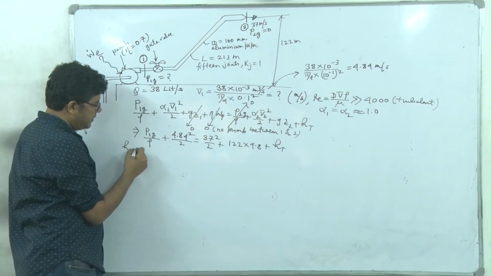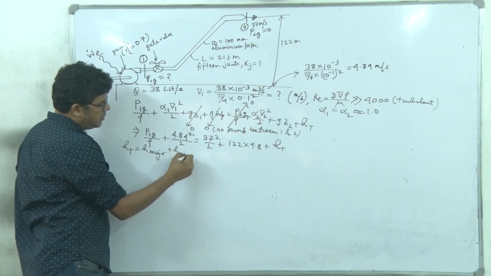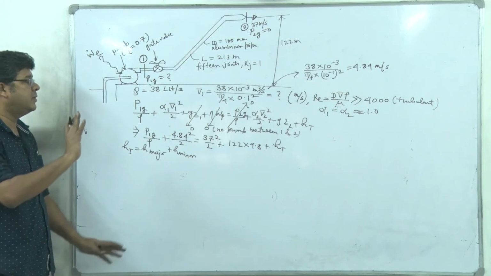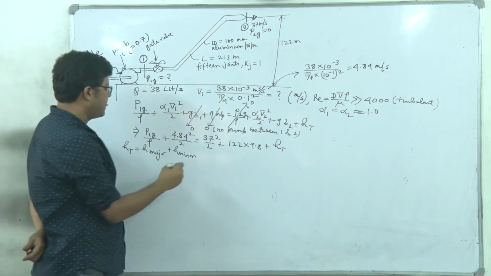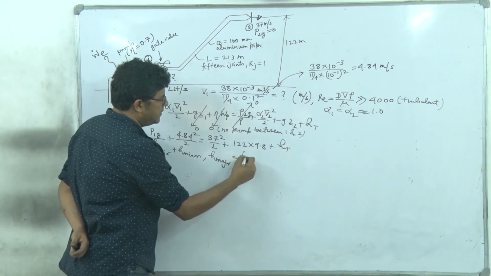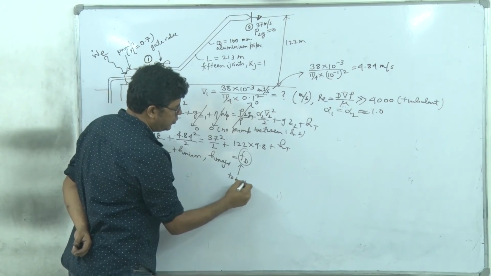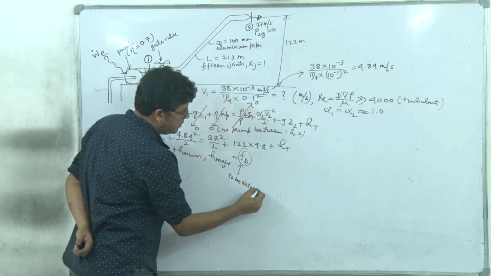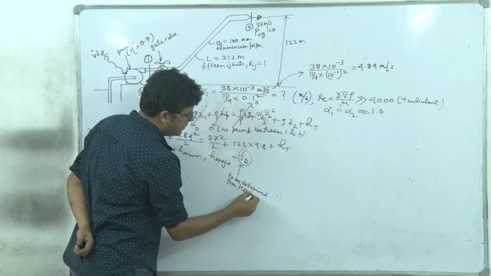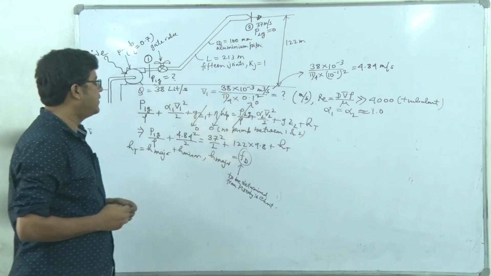So head loss is H major plus H minor. If we can calculate these major and minor head losses, my problem is over. I can solve for P1G. So H major, you see, it is FD, and this is to be determined from Moody's chart. Right? This is to be determined from Moody's chart.